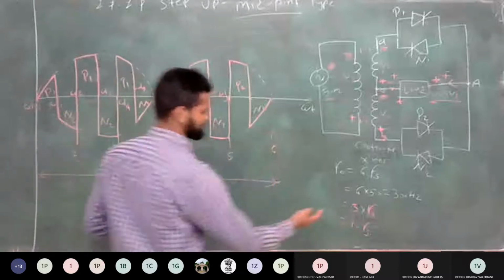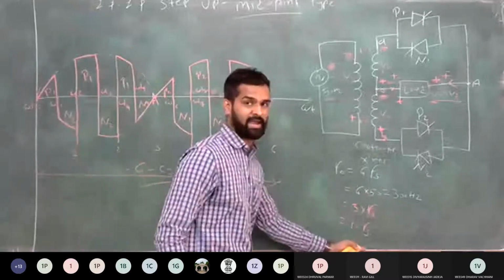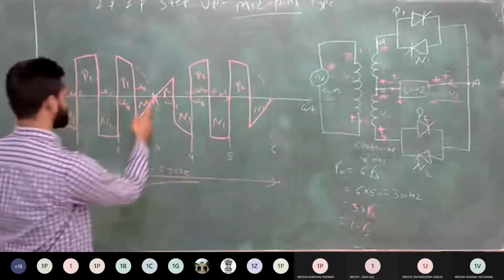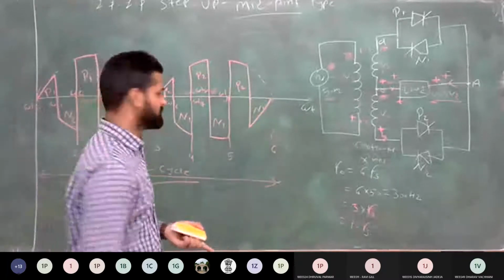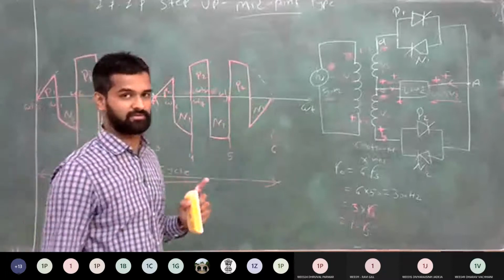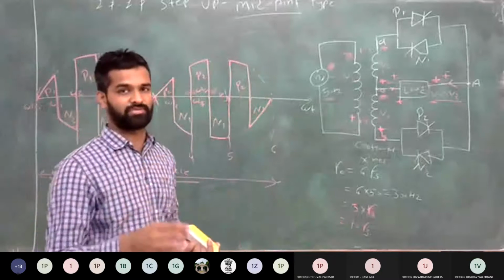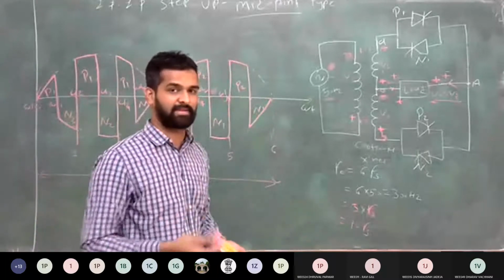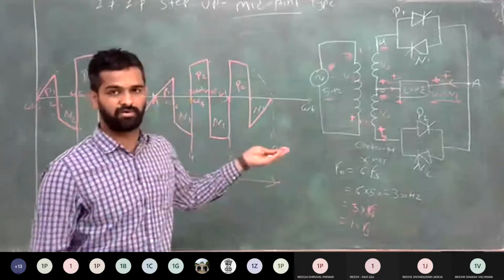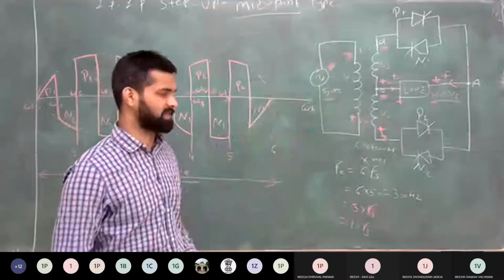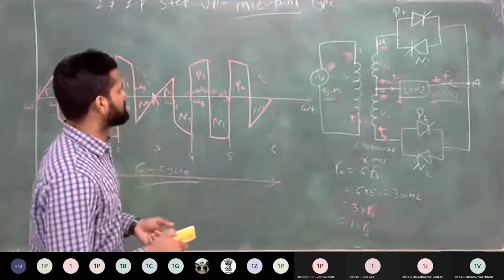Clear? Here with 6 times Fs, you get 3 cycles in a half cycle. If you convert to 10 times Fs, it means in one half cycle you get 5 cycles. In the same way, in the negative cycle, you again get the next 5 cycles. So in total you get 10 cycles in one cycle, if it is 10 times Fs. Clear? So in the exam you can be asked for any frequency. It may be 10 times Fs or maybe 15 times Fs. So depending upon that you can draw the waveform. Clear? And based on that, the firing of the thyristors will change. Clear? Now let's move to the next topic.